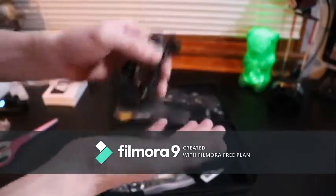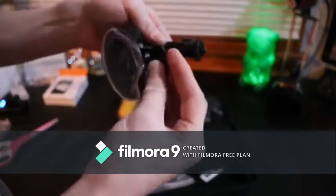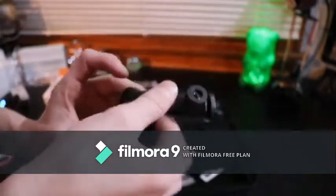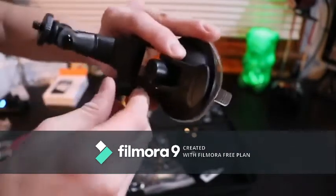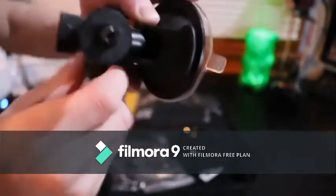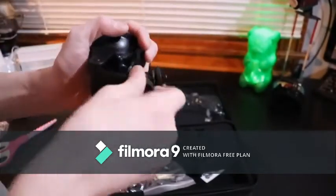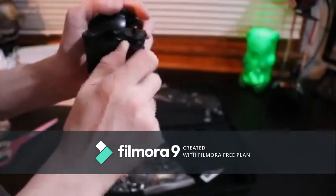Pick that up. All right, so what do you think it is? It's a suction cup. It suctions. So to get it to suction, you move this down. You put water on it, whatever, to make it stay, and then you lift it up. No, you put it down to stay. So there's two knobs, one here, one here. This knob you turn, so you can make it face straight up. If you want to put it on a window, you would want to do this. So let's say here's a window. You want to put it like that, and then you move this knob, put it up, and boom, you can put your GoPro